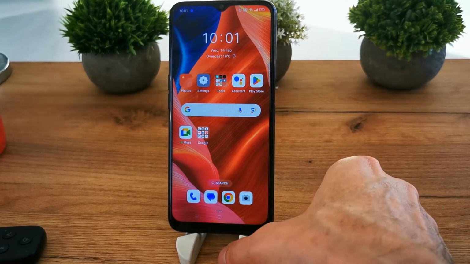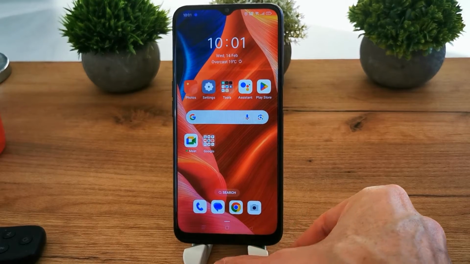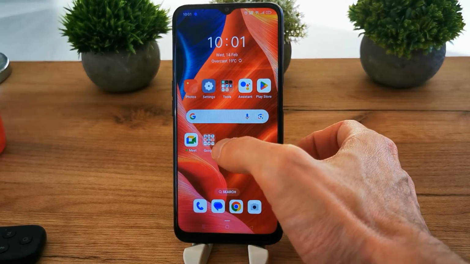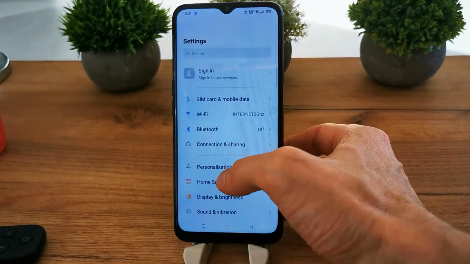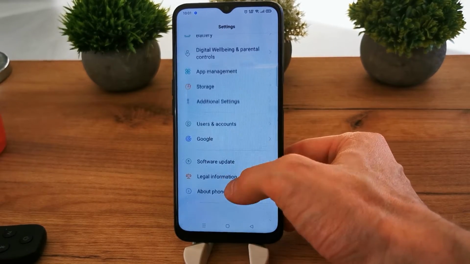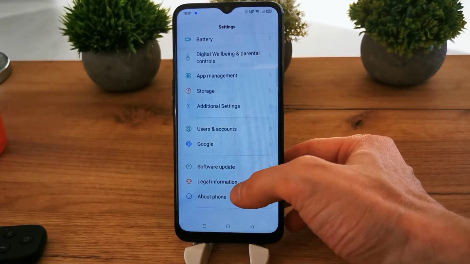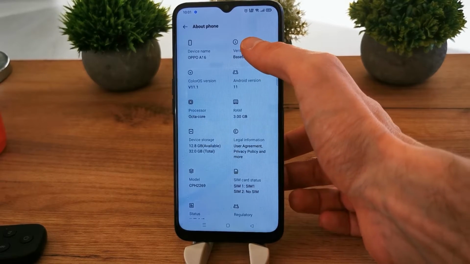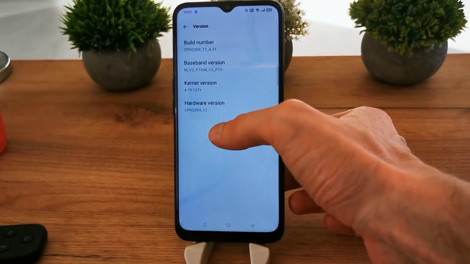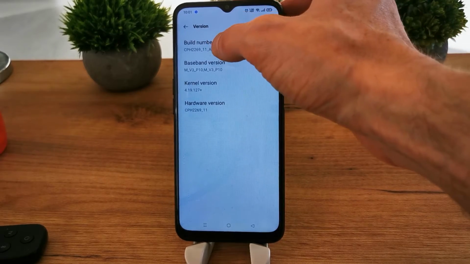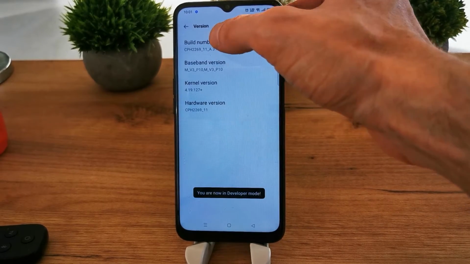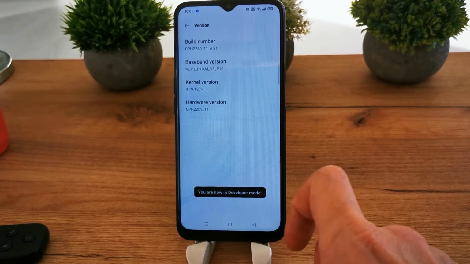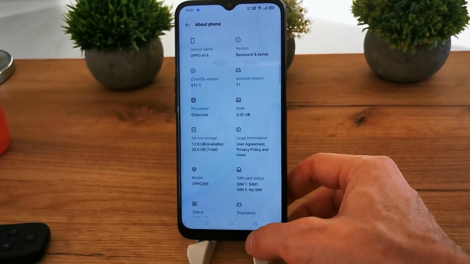Today I'm going to show you how to enter the developer settings in your Oppo A16. To do this operation, go to the settings here and scroll down and search for about the phone. And next go to the version here, and there is a build number here, so you have to tap 5 times, and now you are in developer mode. Now go back